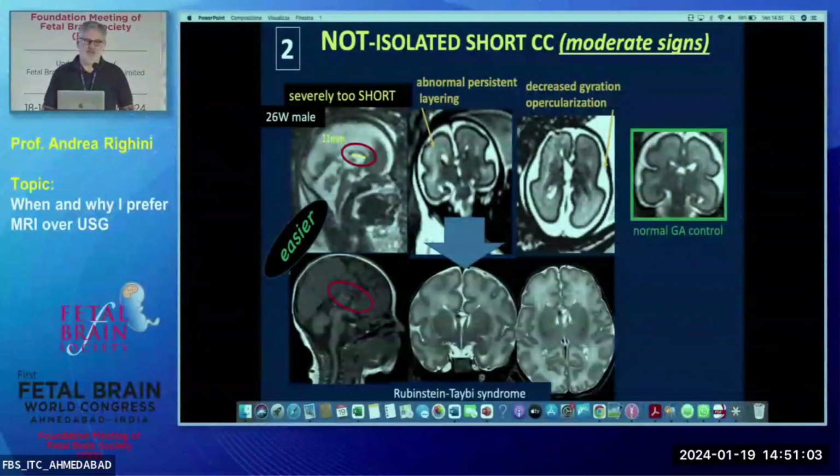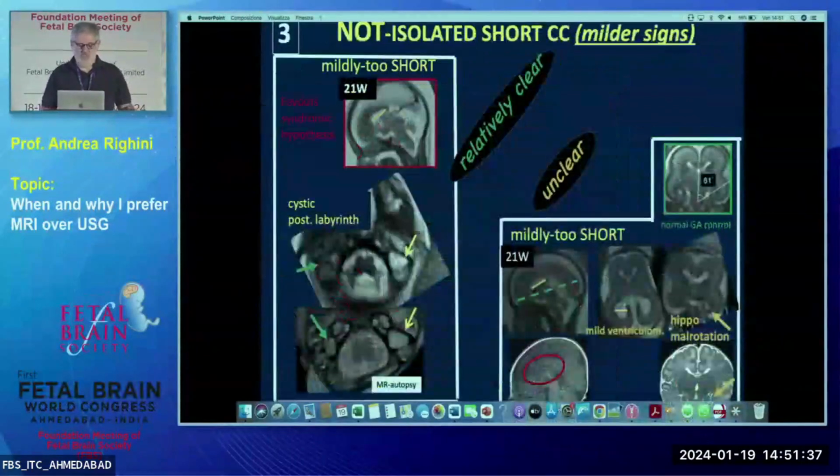A technical suggestion for people doing MRI: please don't use short TE. Sometimes you don't see layering, or the images look so flat on T2, because people use a short TE below 100 milliseconds, and that's why you need a lot of player sequences to get layering. But when you use, especially at 1.5 Tesla, a TE of 180 or 150, you see more, because the brain is rich in water, so the distinction between layers is much easier. It's a technical tip.